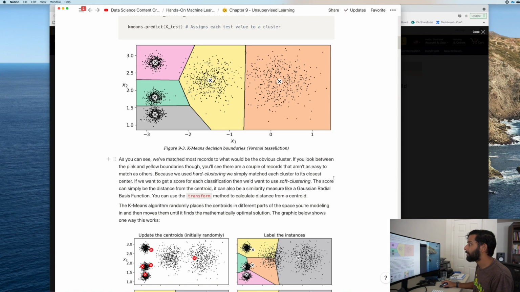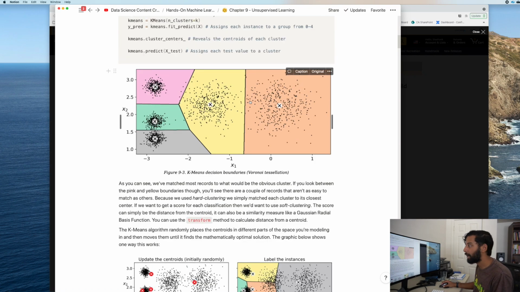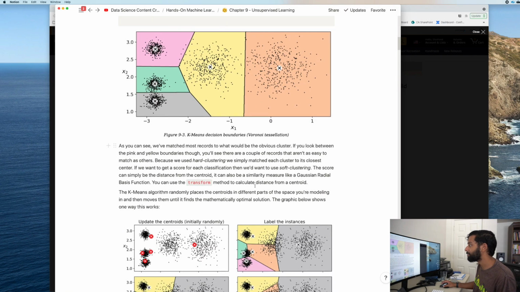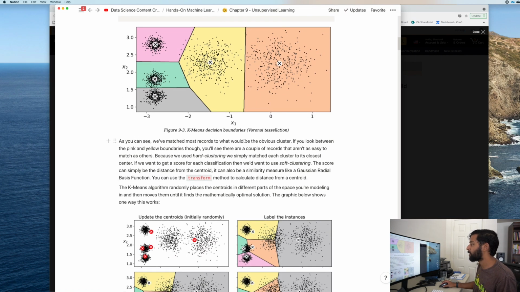So, as you can see, this is something called a Voronoi diagram, by the way. These are kind of difficult to make, actually. They don't actually come default with Sklearn or anything, but I have a function linked below that you'll get if you go ahead and subscribe to the Patreon and see the notes that has all of the information on how to create one of these diagrams. So as you can see, we've matched most of our records with the very obvious clusters. This data set's very obvious.